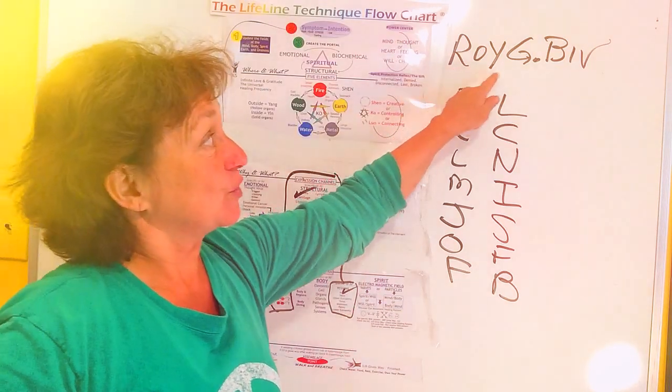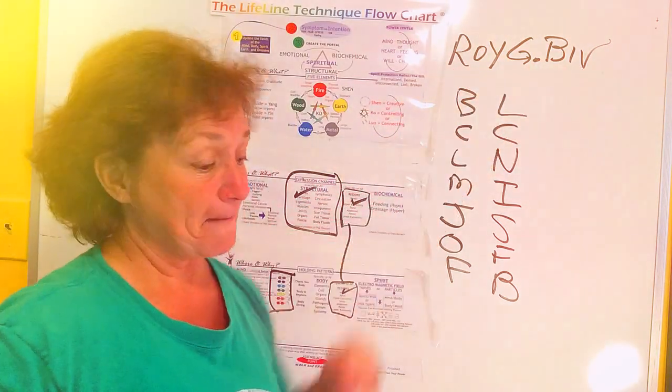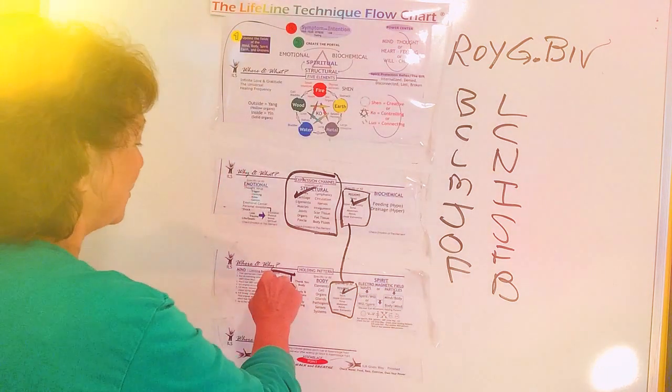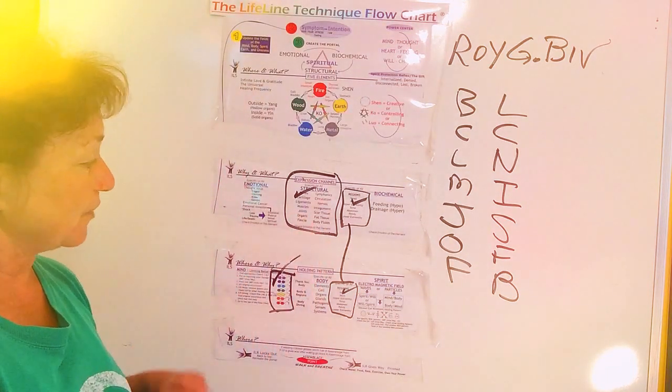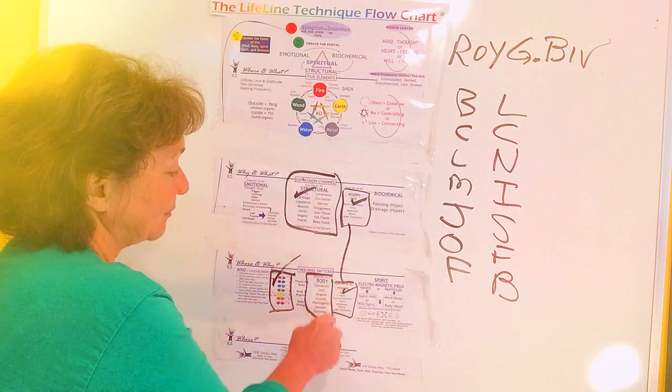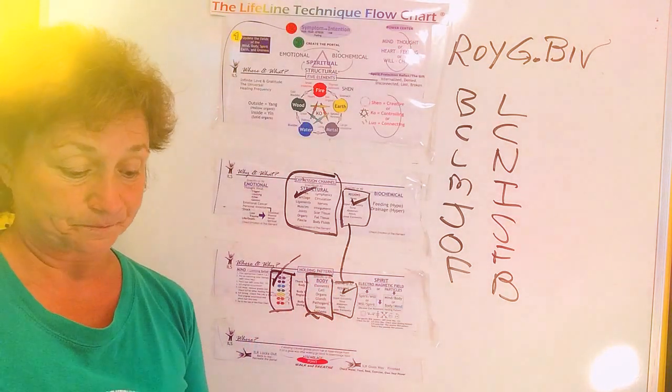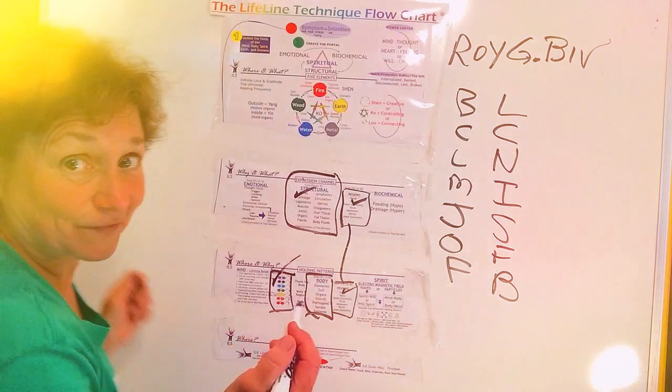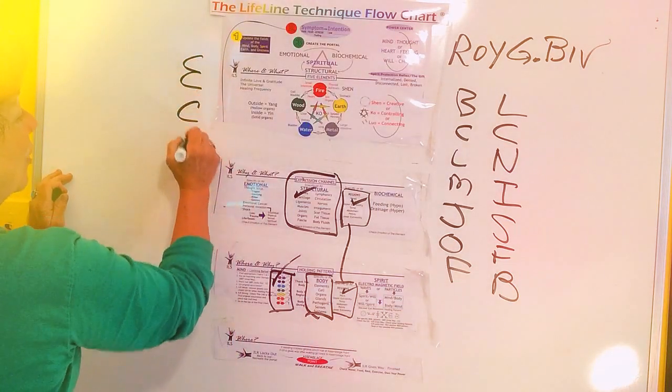So it will be 1, 2, 3, 4, 5, 6, 7. Okay? So there we go with that. And now the other thing we're going to do is the body holding pattern. That's another group of 7. Okay, and there's an acronym that you can remember. It's ECHO,